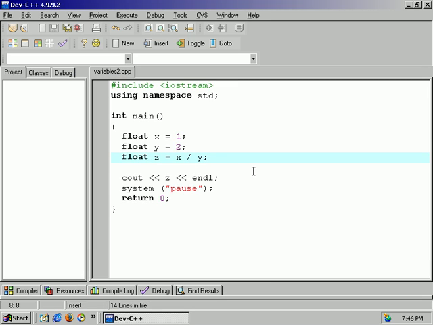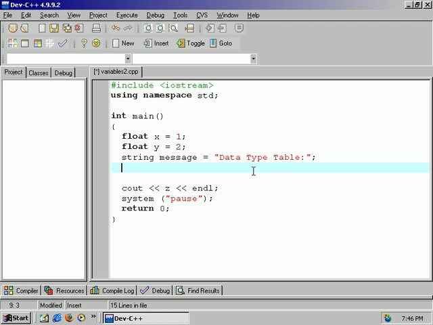So now let's use these 2 variables to make a quick table. Let's say we have float x and y, and let's also define a string value, we'll call it message, and the message is "data type table." So there's our little message. The first thing we want to do is output the values that we're using and the message. So cout and the name of the string, and it'll write that to the screen. Do an end line,